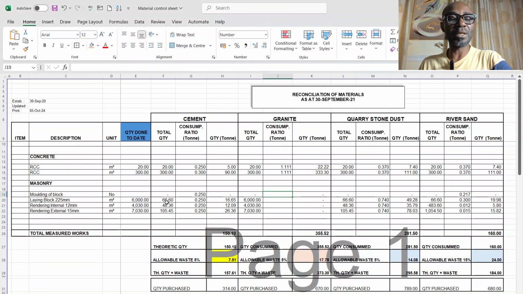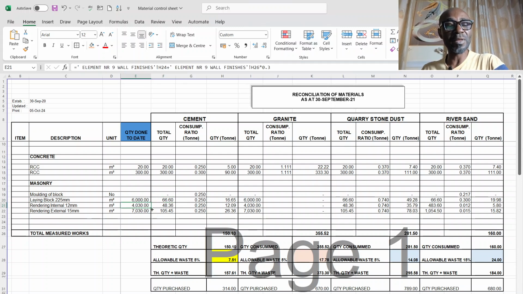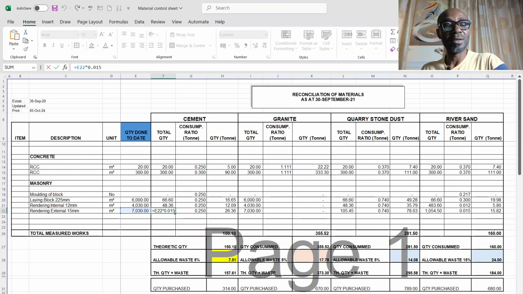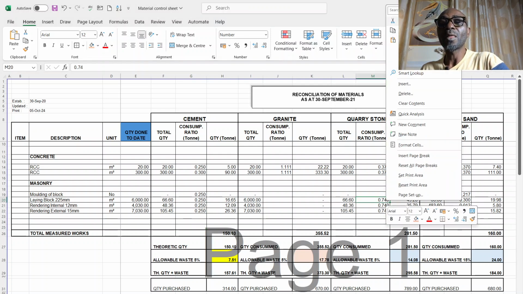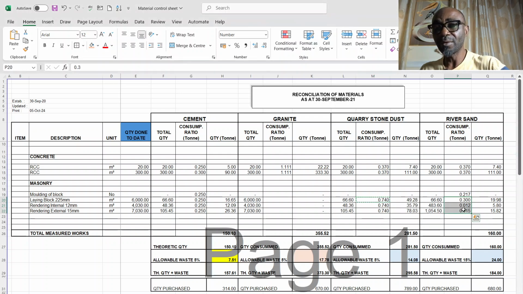So now I have converted the volume of mortar that is needed to lay the 6,000 blocks to 66 cubic meters. While the plastering, you convert the square meter by multiplying by the thickness of the plaster, which is 12 mm and 15 mm. And you can see here it's already 15 mm multiplied by the square area, and this is 12 mm multiplied by the square area for the internal plastering. So you have your ratio of cement in a cubic meter. You have your ratio of quarry dust to a cubic meter,